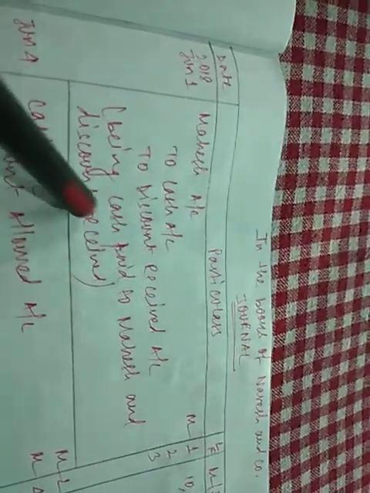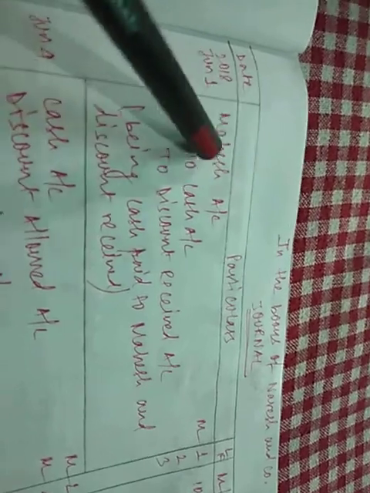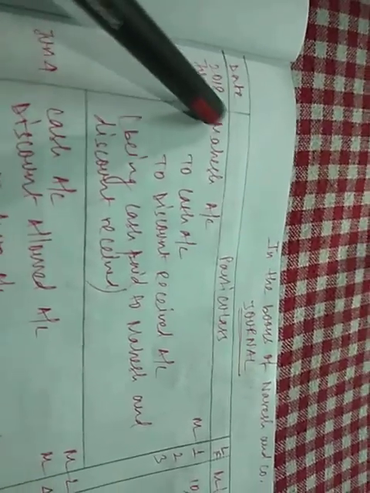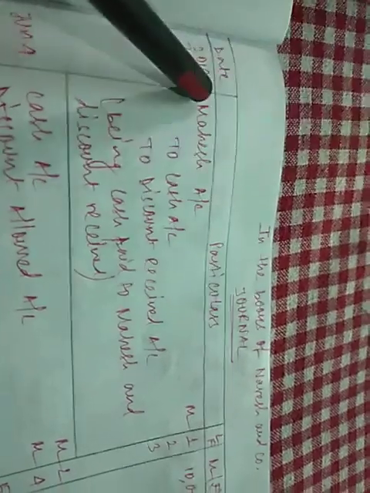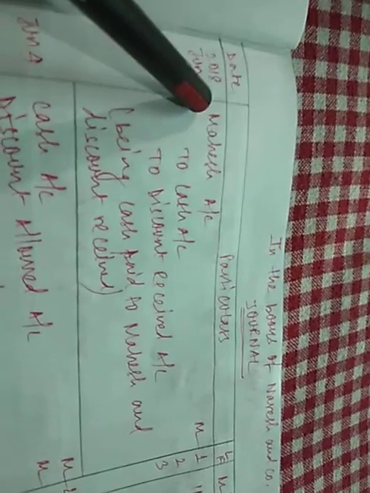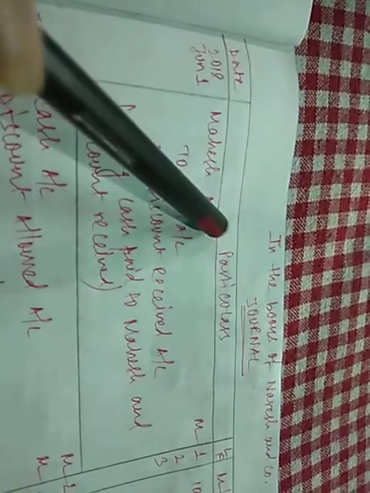Now not only straight way, we need to make the entry reverse wise also in ledger. Like Mahesh account debit to cash account, to discount received is done. Thereafter we need to see how we read the entries. Mahesh account debit to cash account. Here nothing is written, but there is one invisible 'by'. We read it as by Mahesh account. We don't write 'by' here, but it is read as by Mahesh account debit.